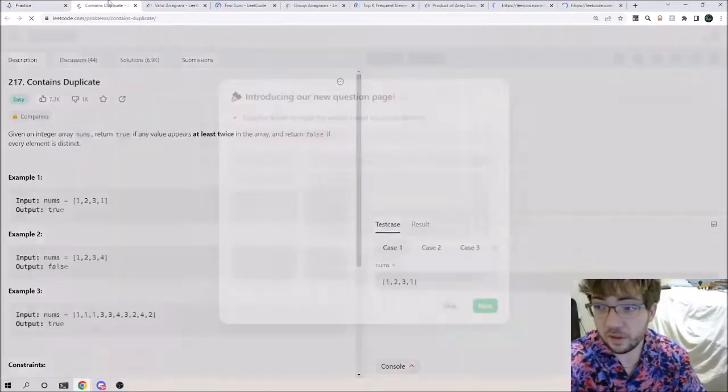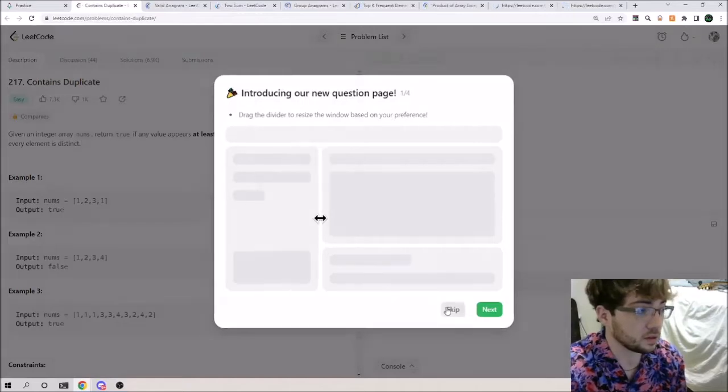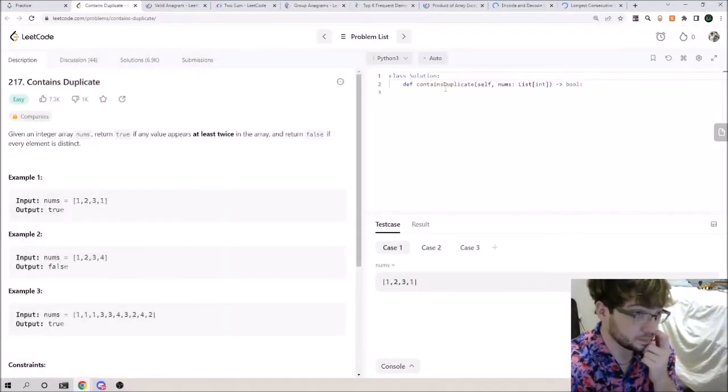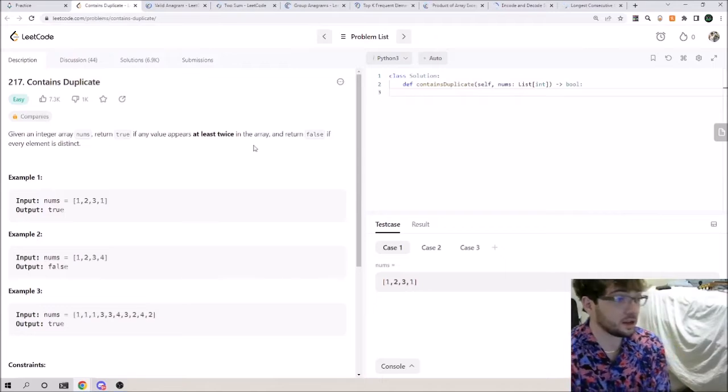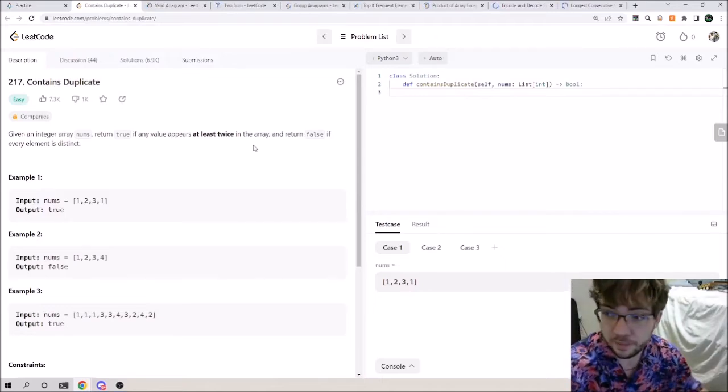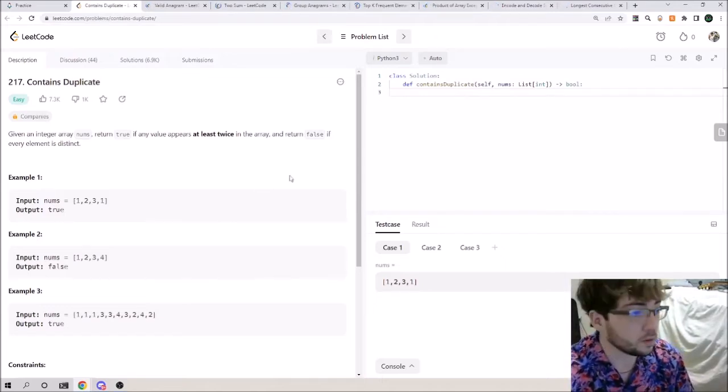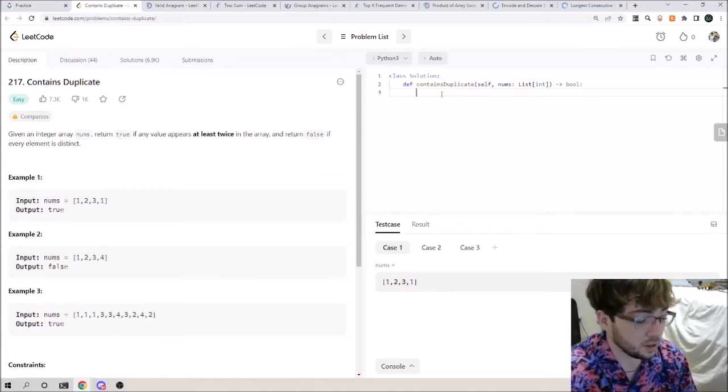First we'll start with contains duplicate. Given an integer array nums, return true if any value appears at least twice in the array, and false if every element is distinct. So something I think we can do is use a hash map,